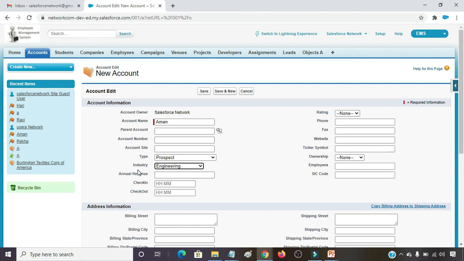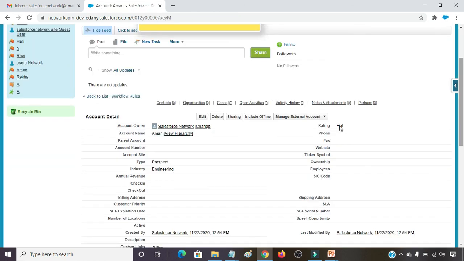If industry equals Engineering, then rating should be Hot. This is the workflow we created. Clicking on the Save button, let's see what's happening with rating. If industry equals Engineering, then rating will be Hot.